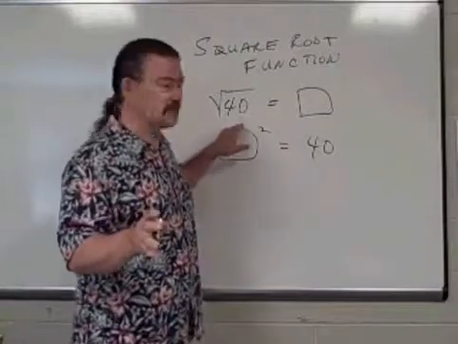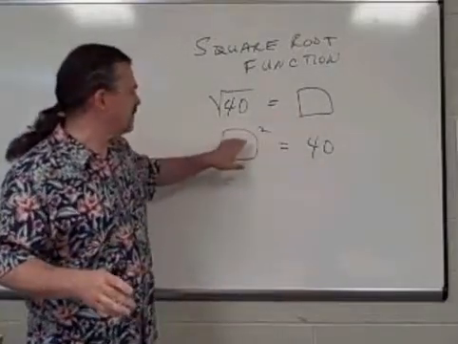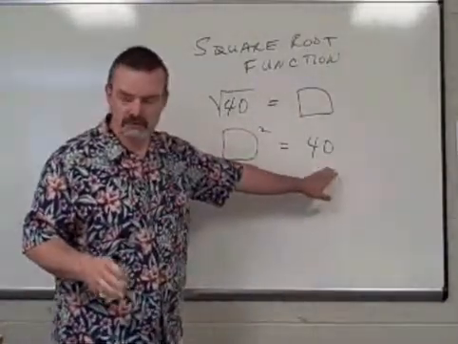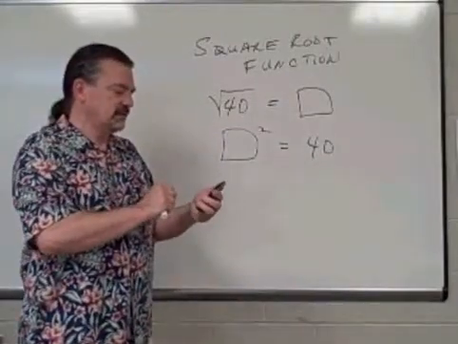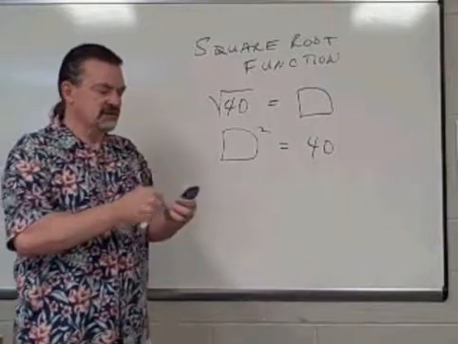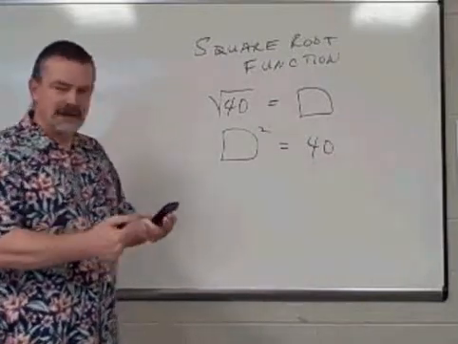Whatever the answer to the square root of 40 is, that's the number that if we square it would give us 40. So let's take our calculators again, put in 40, hit the square root sign, and my display is